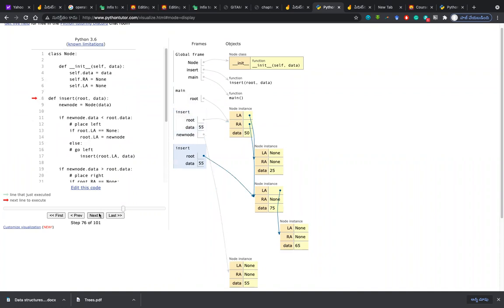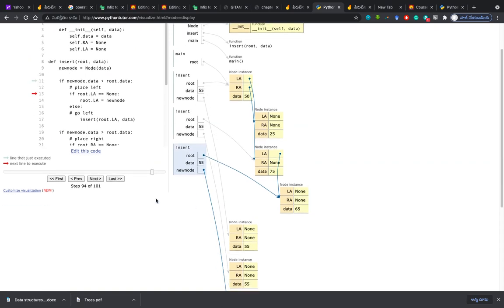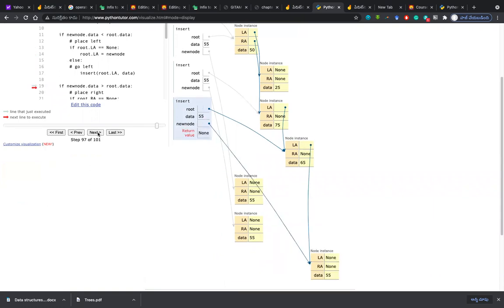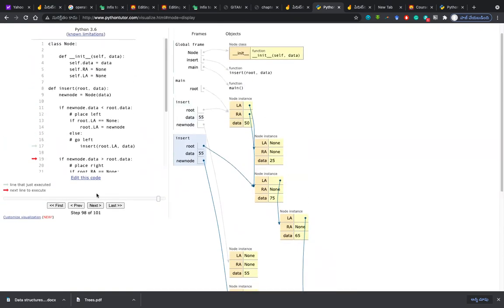Again calling insert. Again a new node 55 is created, you see. And again it is not satisfying, so again a new insert will be called. You see how many inserts are there? Main is calling insert, insert is calling insert, and insert is calling insert. Carefully observe that 55 is created for the third time. This time the 55 is finally connected and one by one they will be popped out. You can see there.